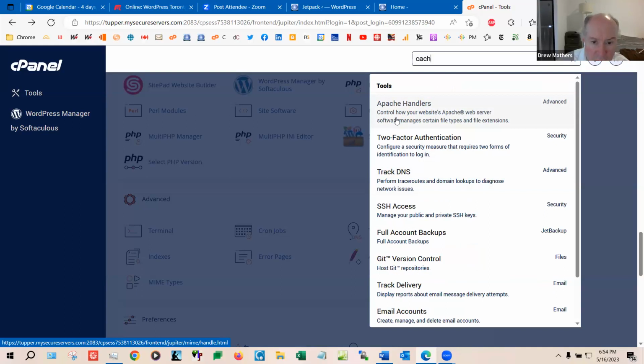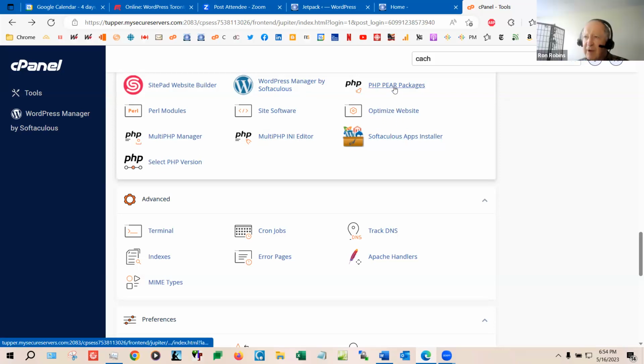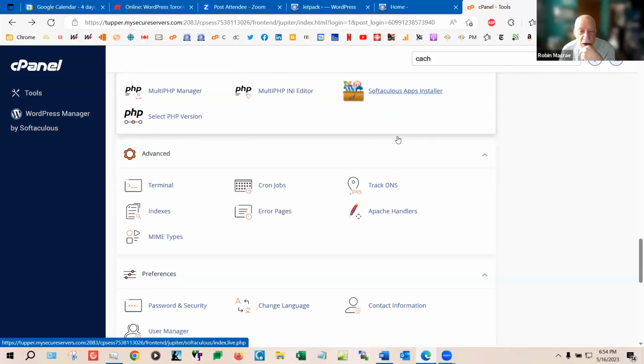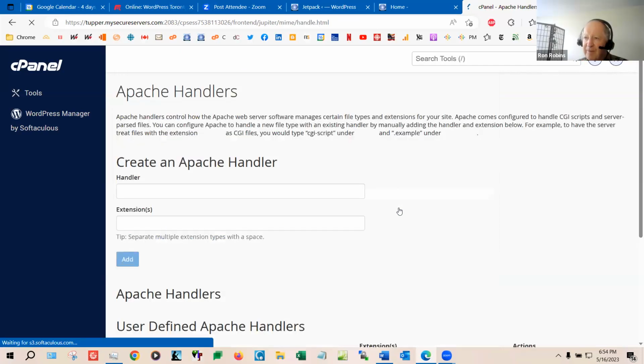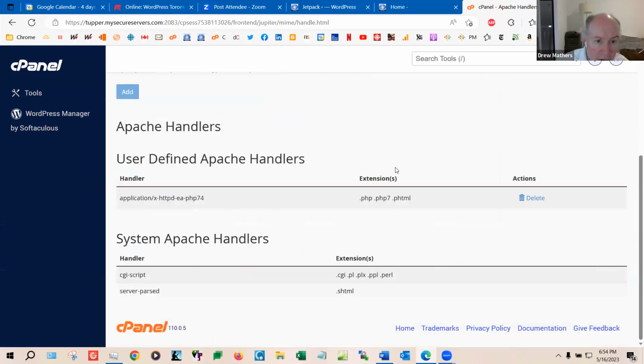Can you close the search box there for a second? Apache handlers. Let's have a look at the Apache handlers under advanced. It's in the third column there. Packages, so that one? No, Apache handlers, straight down. Oh, okay, right. Let's scroll down to see if there are any that are defined.